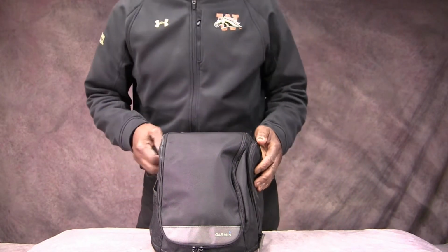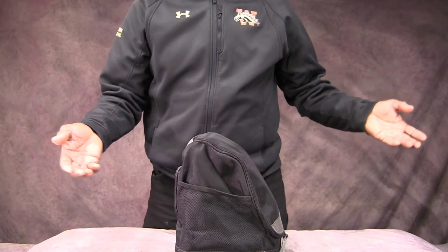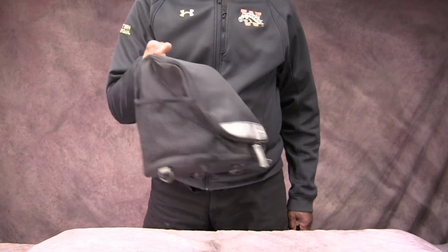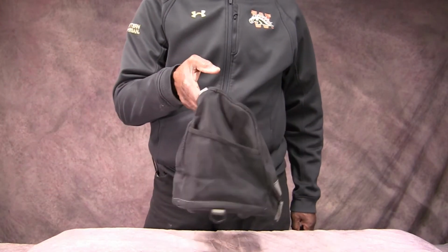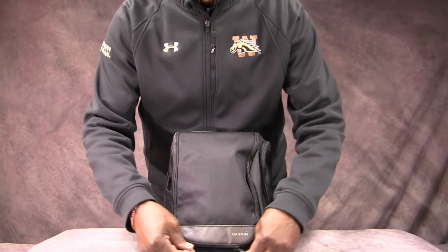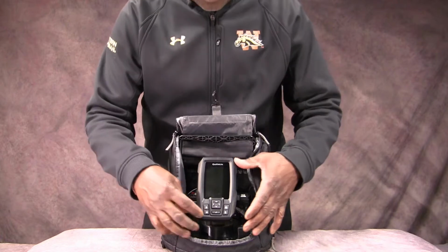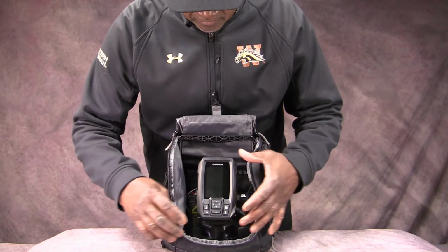Okay, we're back and we got it together. Let me stand up and just talk about this a little bit in terms of what you get. First, this is a carrying case. The nice thing about it is when it's in the carrying case and you're going out onto the ice, you just put your hand back here and it goes right into the handle, and you can carry it easily. From the front, when you get out there and you're ready for use, you just take this, pop this back, power on the unit,